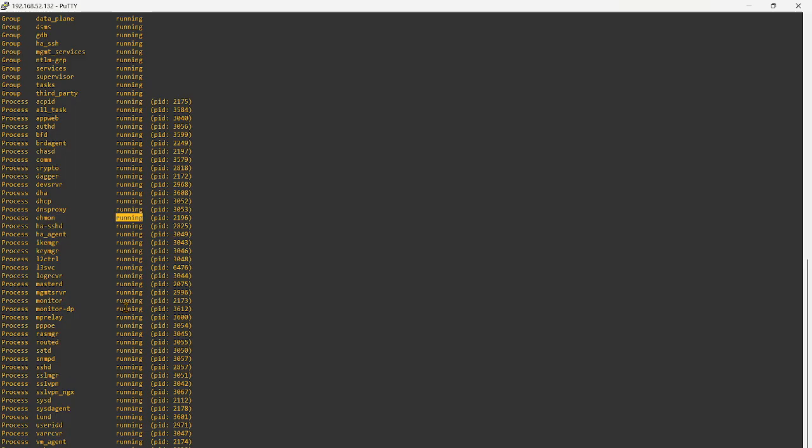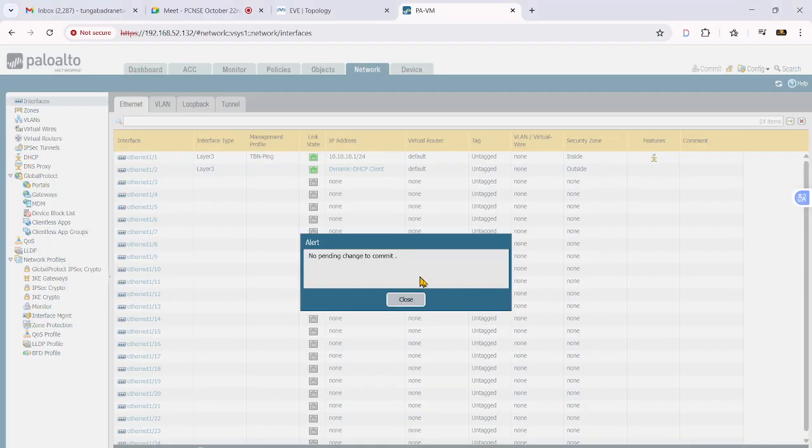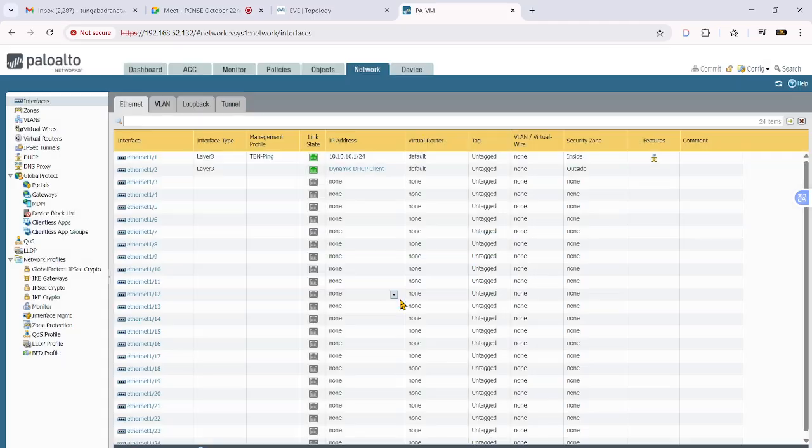You can also see the interfaces in the shutdown state. If you make changes and do a commit, it will throw an error that auto commit is still in progress. You can commit the changes only after the auto commit completes. That is the error you will see.